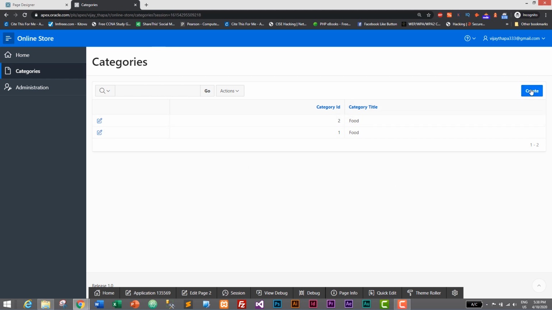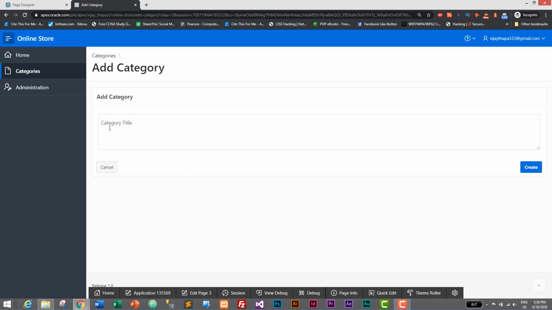When we click on the create button, we can add a category title. We don't need to add category ID because it is auto increment, so we only have a field to insert category title. So let's add a new category. Let's give it electronics, and let's click on create.